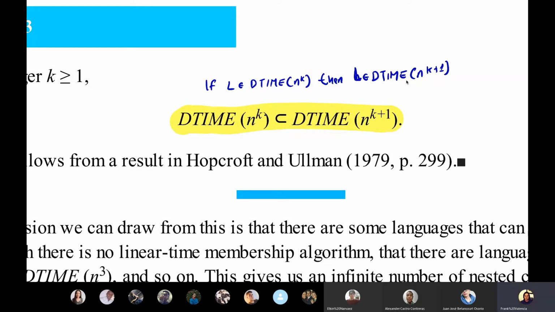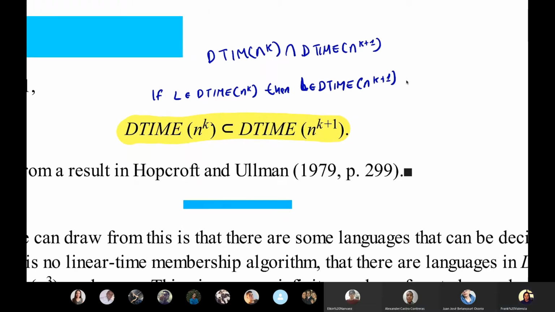And what Elkin just said was basically this: DTIME(n^k) intersected with DTIME(n^(k+1)). What can I say about this intersection? Perhaps that the cardinality of the resulting set is not empty, that is, it is not empty. Exactly. So basically, whatever allows you to say this,